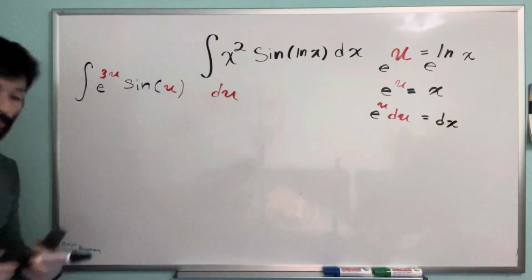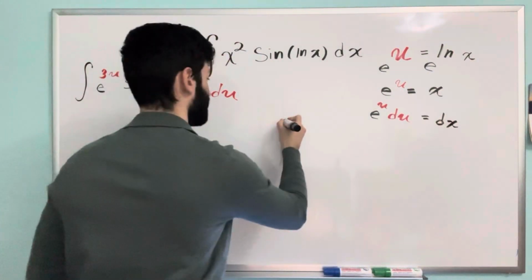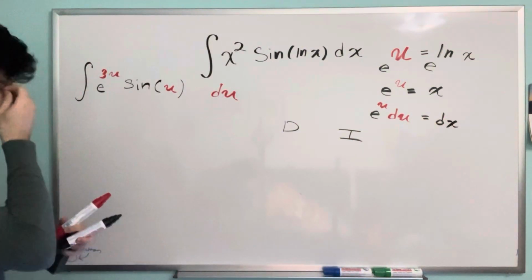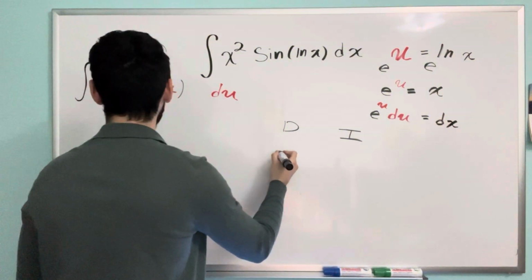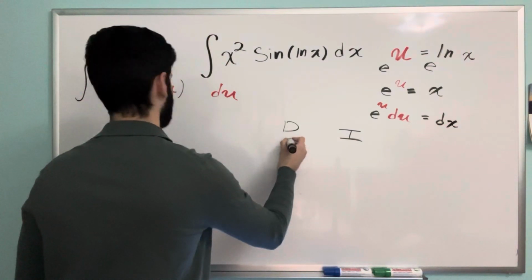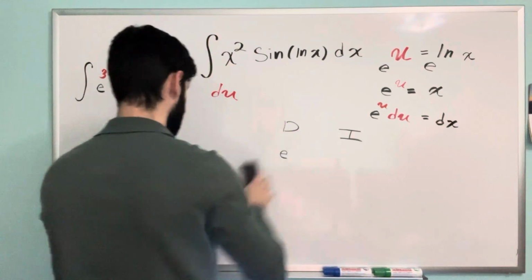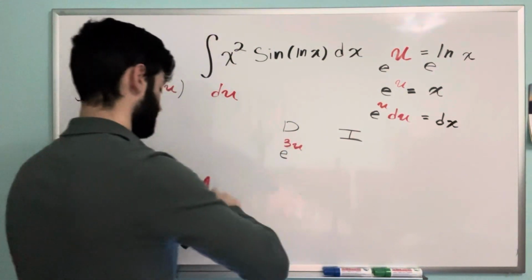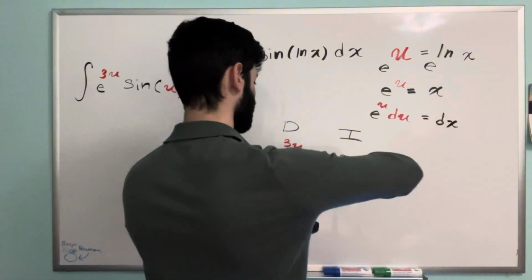And there we go. We can now perform integration by parts, where using the DI method, we're going to set the differentiation column to e to the 3u, and then sine of u in the integration column,